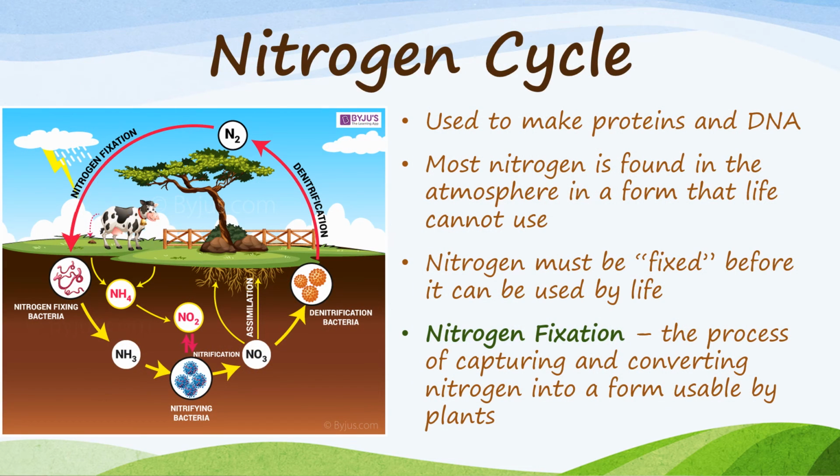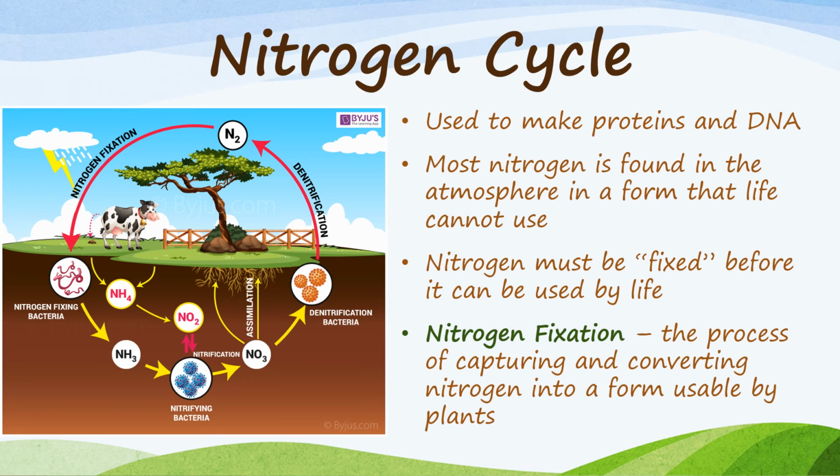Our third cycle is the nitrogen cycle. Nitrogen is also really important for all life because it makes up proteins and DNA, and without these 2 things, life really wouldn't exist at all. So most of the nitrogen on Earth is found in the atmosphere. Over 70% of the atmosphere is made of nitrogen, but that unfortunately is a form that life just can't use. There's really strong bonds in the nitrogen in the air, and our bodies just can't break them down,